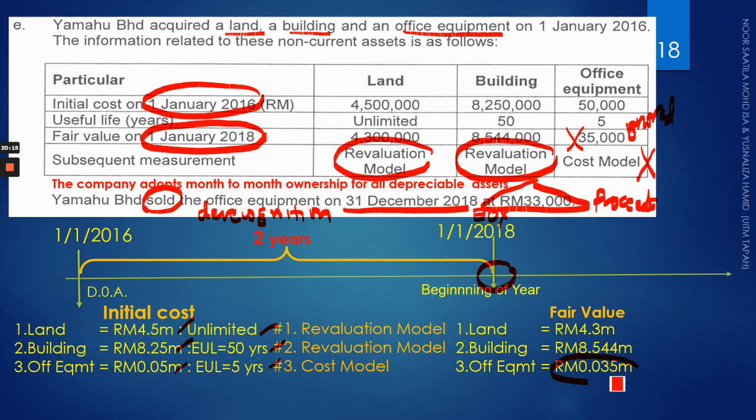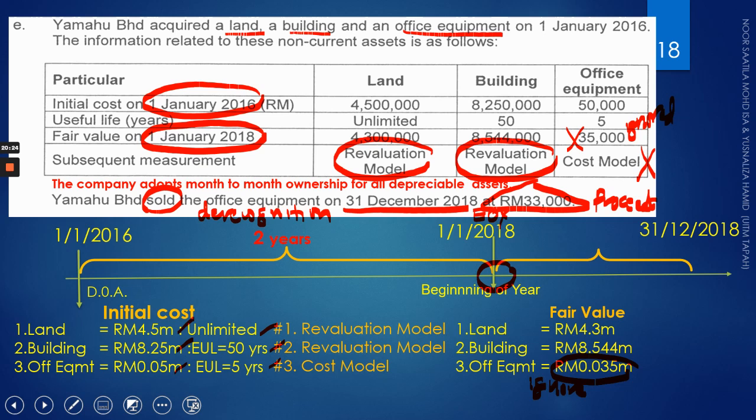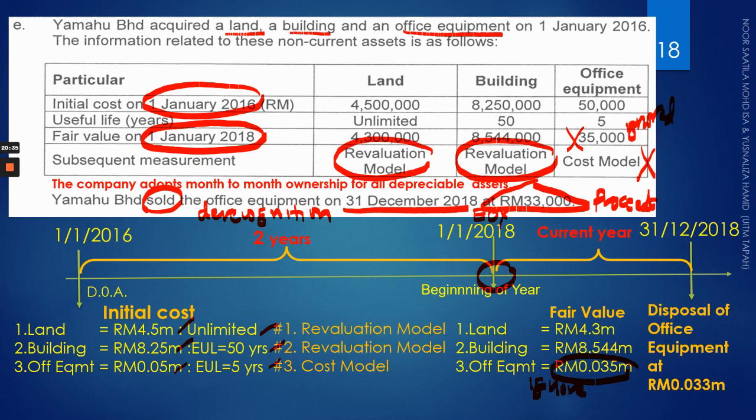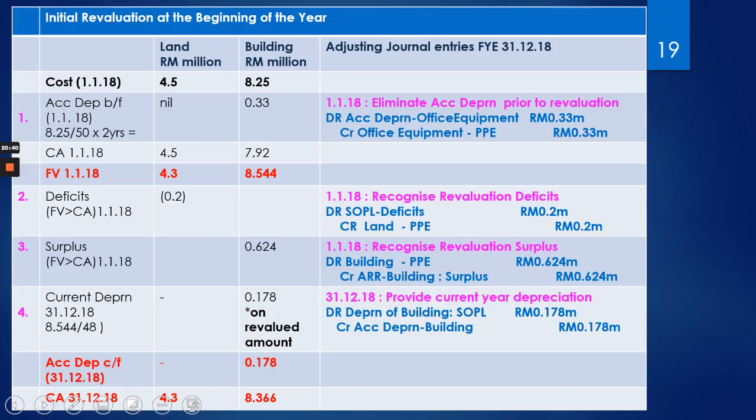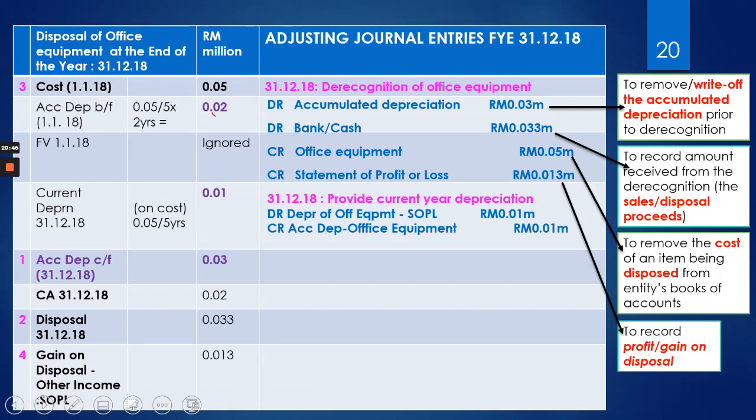But remember, for this one, you will ignore. Why ignore? Cost model. You just ignore that. And then more information on 31st of December, that was in the current year that you decided to dispose the equipment at 0.033 million, which is 33,000. Okay. Now what I'm doing here, you are asked not to do this actually, but I'm just showing